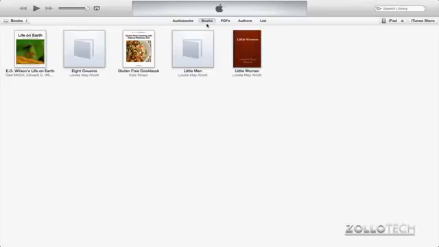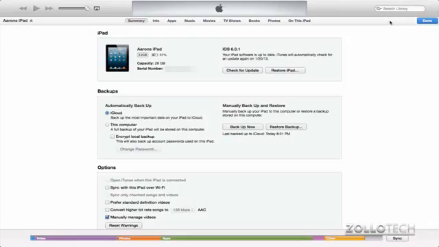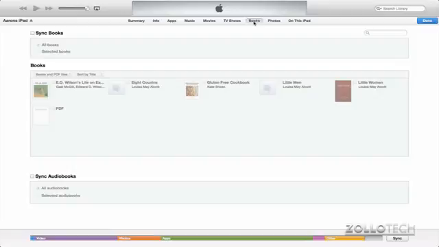Now there are a couple other ways you can do this as well. If I click on my iPad itself here in the upper right, you can see it shows information about my iPad. I can sync it via Wi-Fi, and if you really don't want to convert or change anything here, that's fine. It should work just as well. Since we're dealing with books, we'll click on Books here at the top, and you can see we have the option to